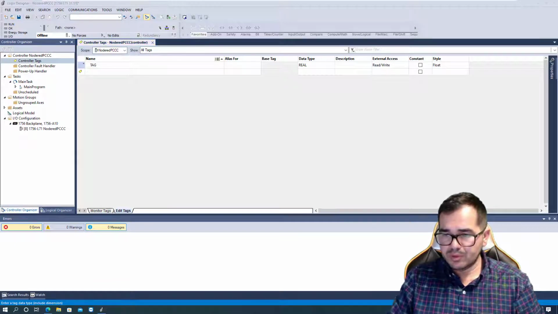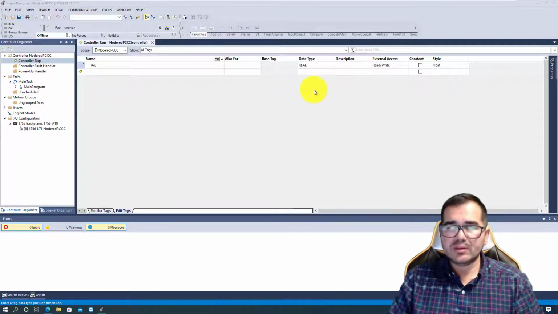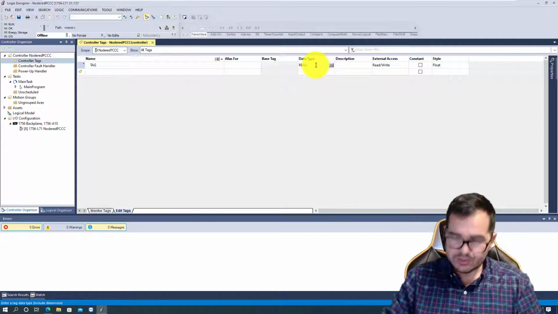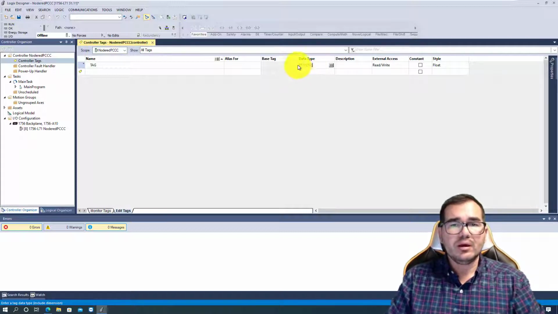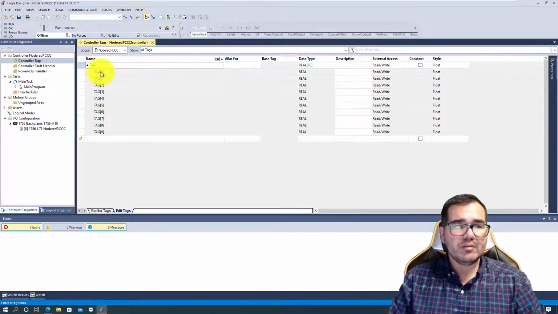So let's go ahead and put number 10 here. I'm gonna create an array here, and this array is gonna be 10. So we have tag 0, tag 1, 2, 3, 4, 5,